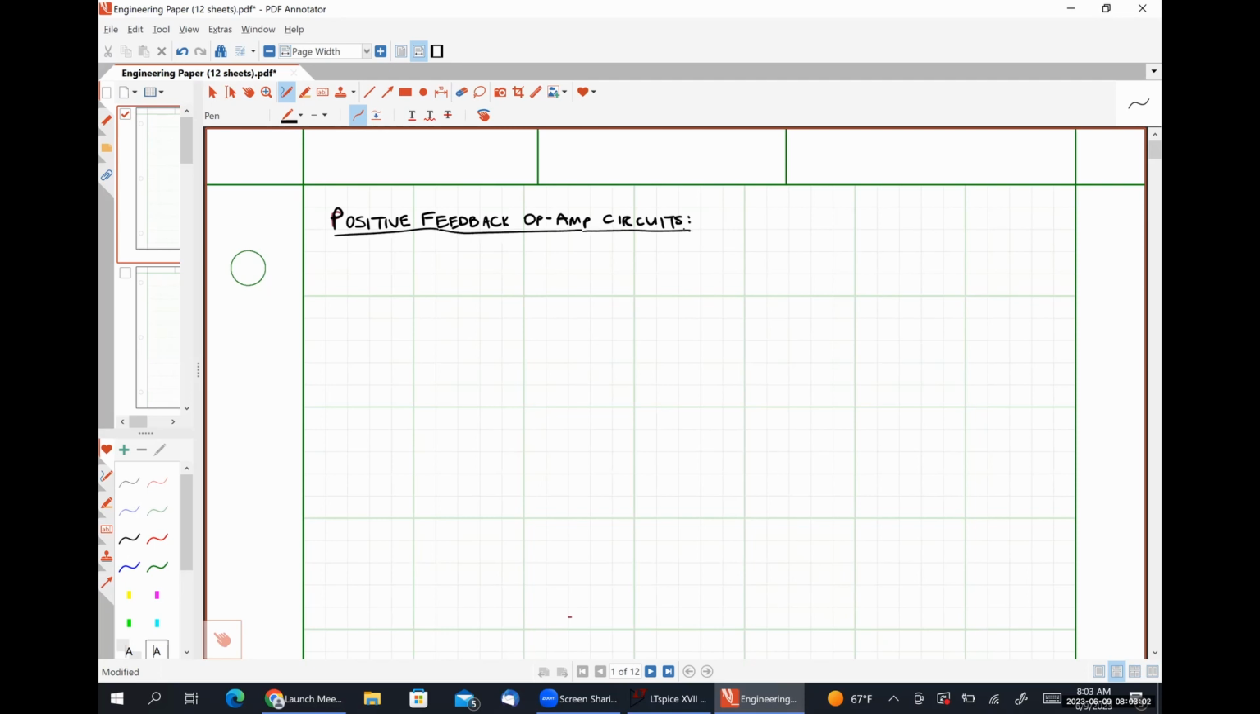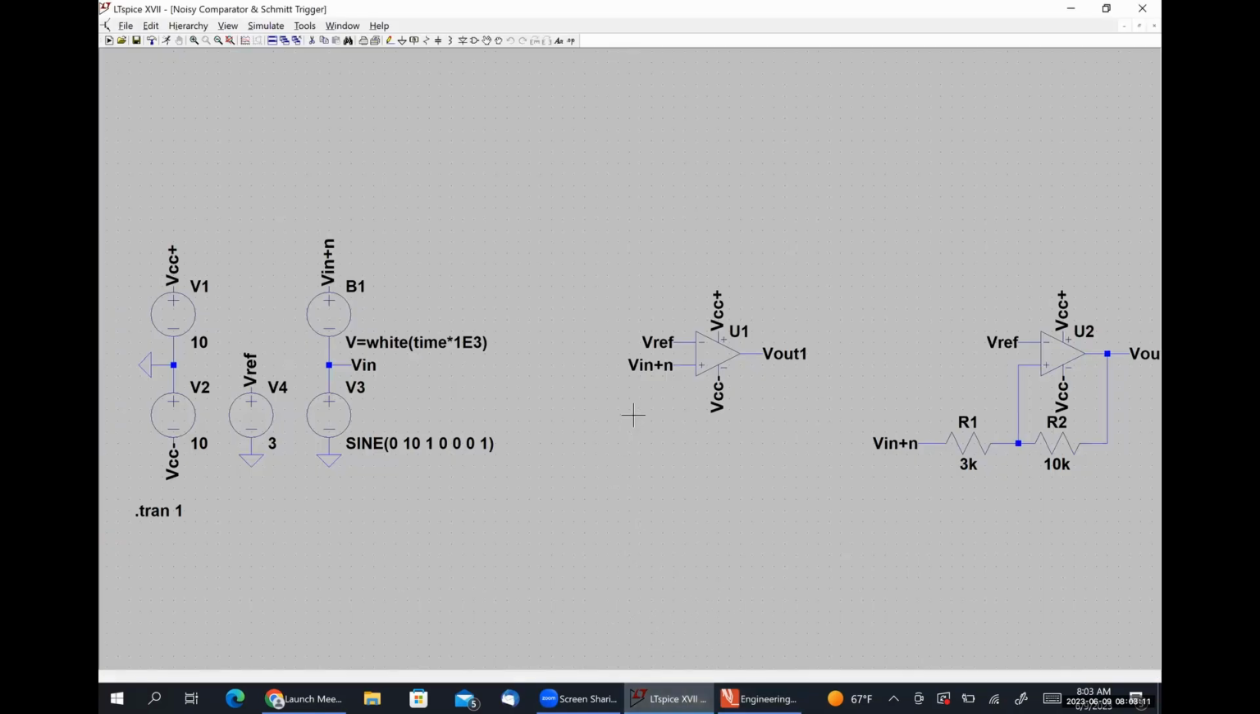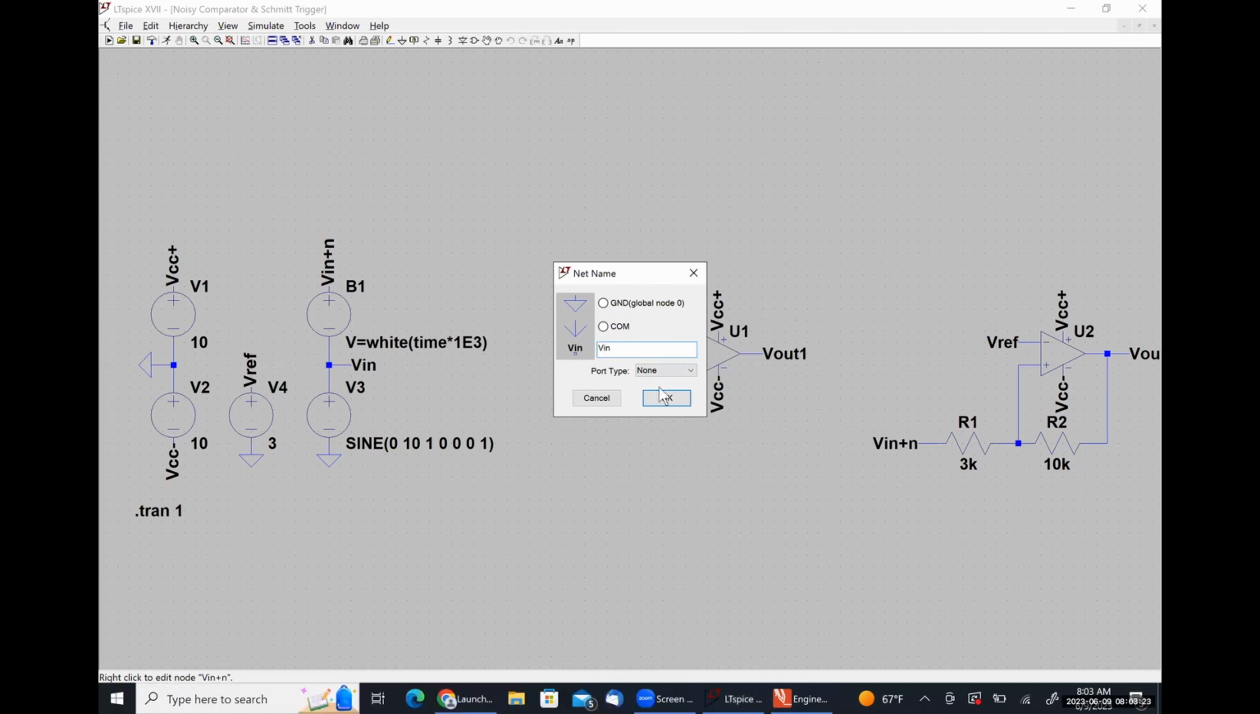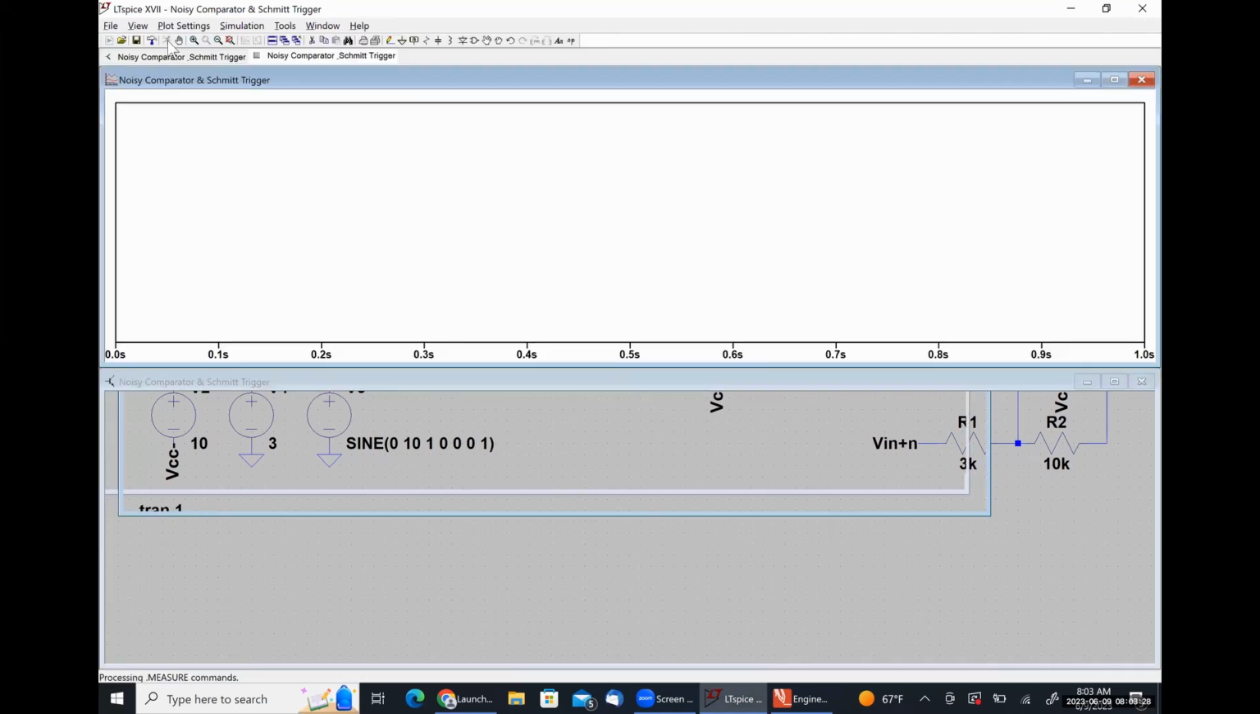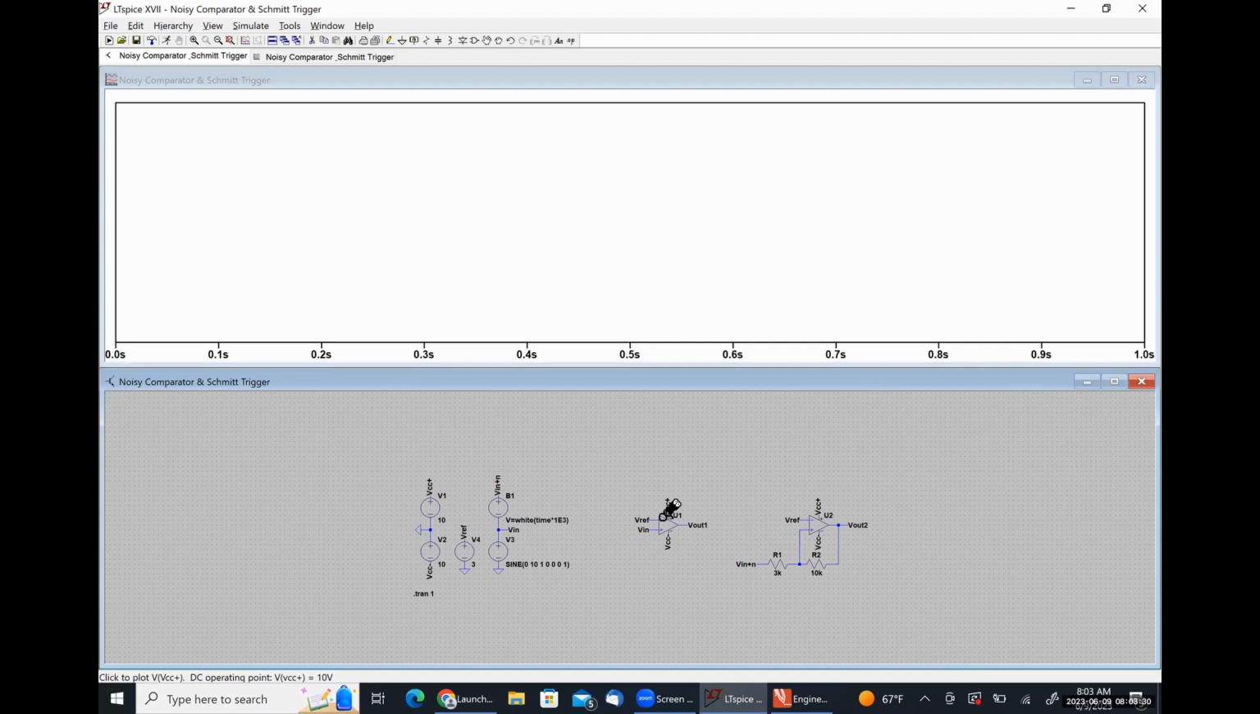Okay. So I'm going to pull up LTspice here really quickly, and I am going to run a simulation. So the first thing that I want to show you guys is our simple comparator. I'm going to change this to just Vin really quickly, and I'm going to run our simulation. And we're going to look at Vin